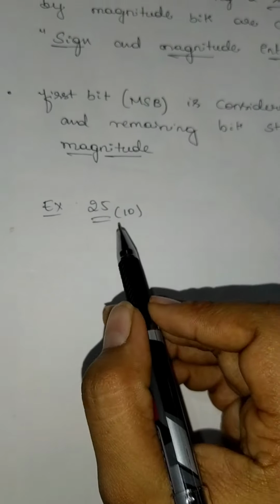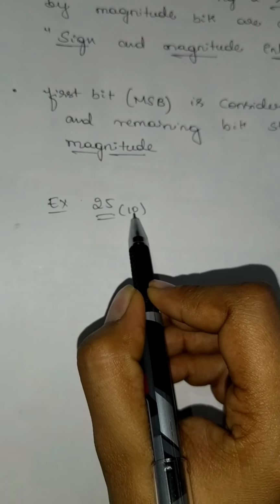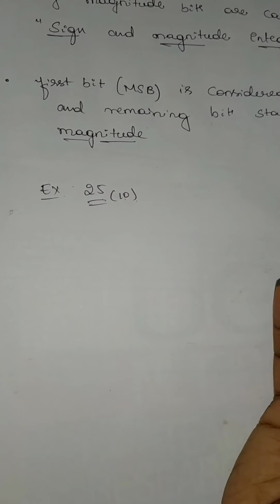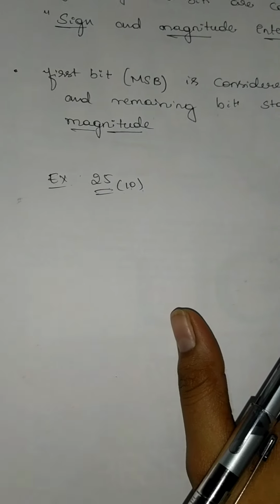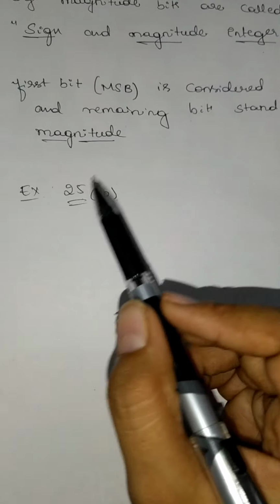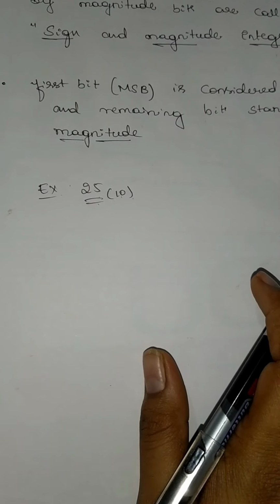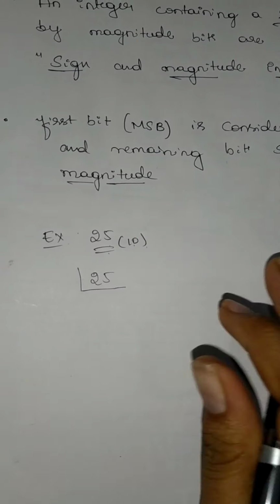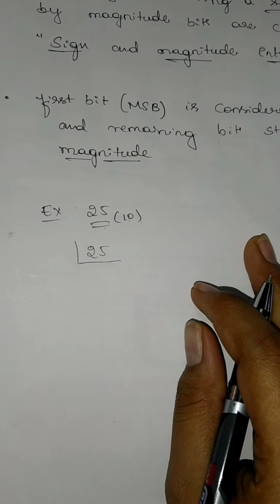How do we convert any given decimal number into binary? If you know the 8421 method, you can directly go with that 8421 format, or else if you are not aware of that, then you can divide the given decimal number by 2. Because the decimal number must be converted into binary, it must be divided by 2.